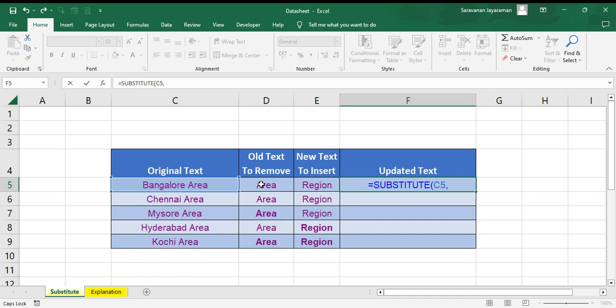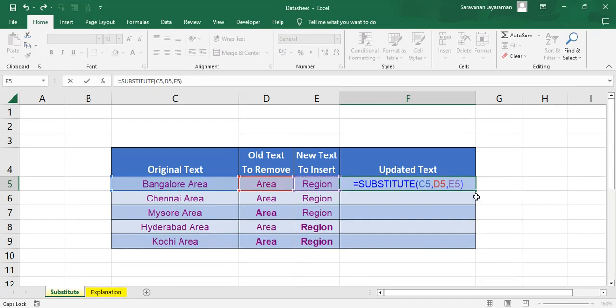I'll just select this, and replace area with the replacing text, which is in E5, so I say E5. And the instance number is optional. Right now we will not use it, I'll use it in another example. So here we'll just close the bracket,